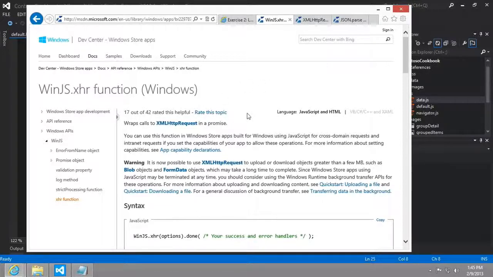Here is the help for the WinJS.xhr function, and it says that basically the WinJS.xhr wraps calls to the XML HTTP request, XHR, in a promise, and then it goes on to say you can use this in Windows Store apps built for Windows using JavaScript for cross-domain requests and intranet requests if you set the capabilities of your app to allow these operations. All right, so